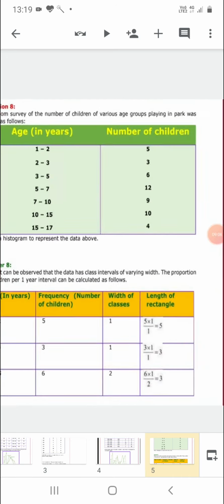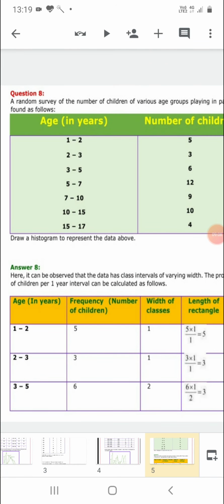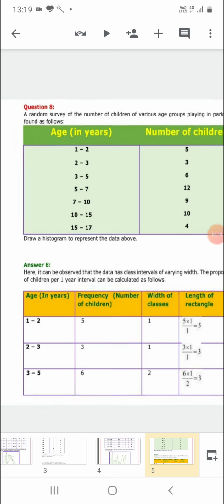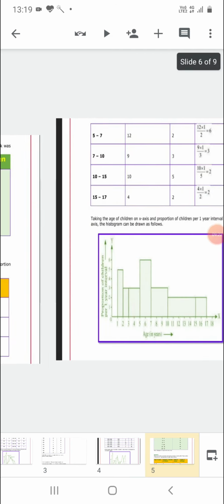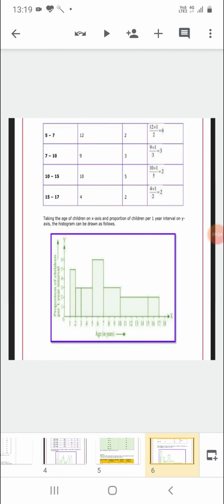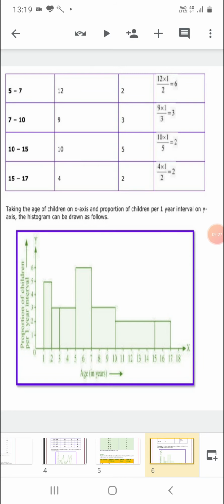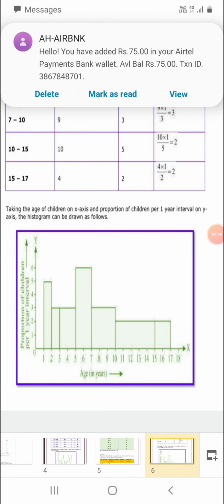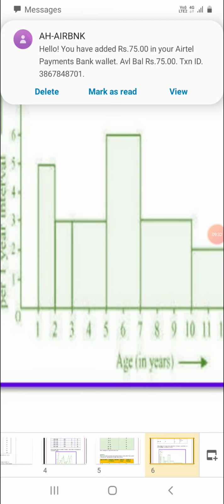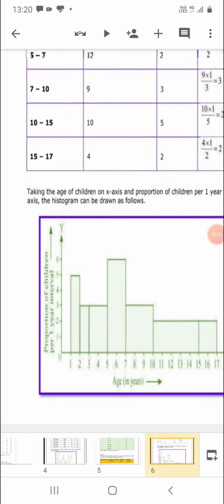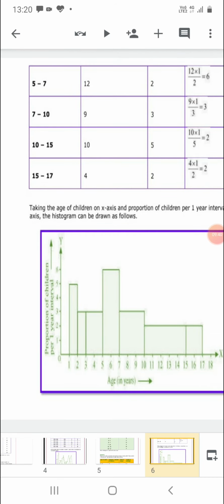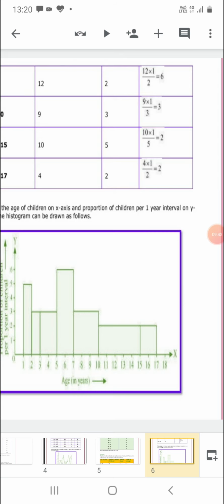So length of a rectangle कैसे निकलेगी? Frequency multiplied by the least width of the classes and divided by the class width. तो ये हम करके solve कर लेंगे length of rectangle. So in the same way you will calculate the other width and length. तो ये length और width किसकी है? This is about the bars. ये bars की length है और breadth है, क्योंकि आप देख रहे हैं in this case the bars are of different length and breadth. So you'll get it from here.